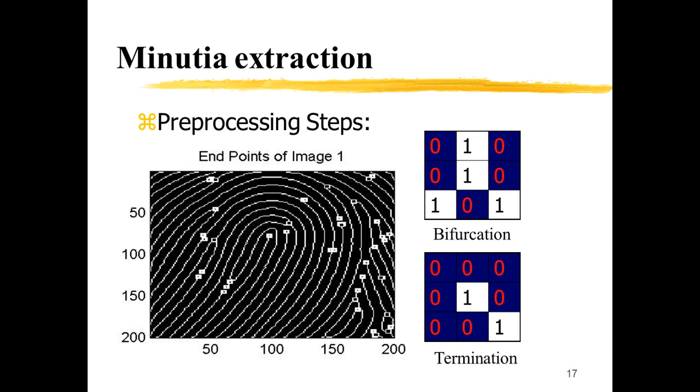The last stage of minutiae extraction is after thinning we identify the points. The points can be identified as either a bifurcation or a termination. So we analyze small windows, and within each window, if the center pixel is a 1 and it has 3 neighboring pixels of a value 1, that particular pixel is termed as a bifurcation. If the center pixel has a value 1 and any one of its neighbors are 1 and all the others are 0, then we term that pixel as a termination.